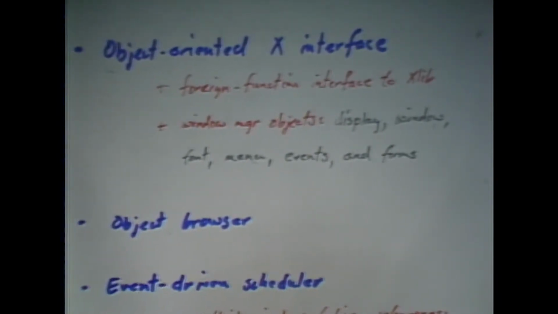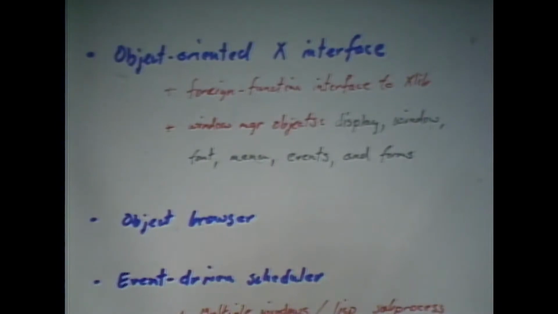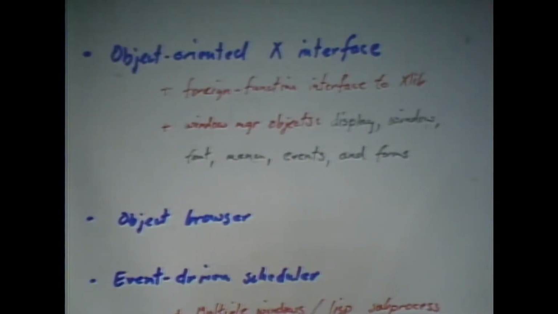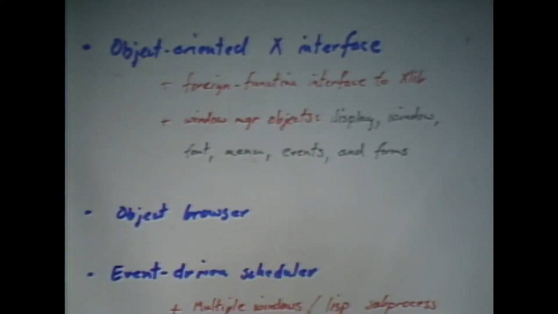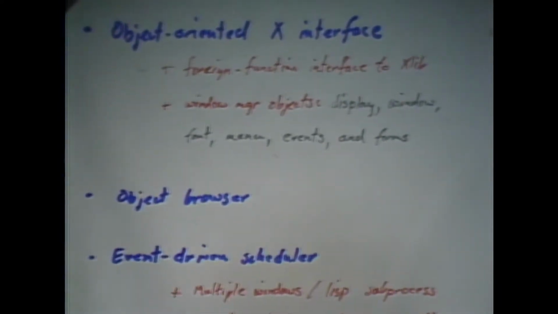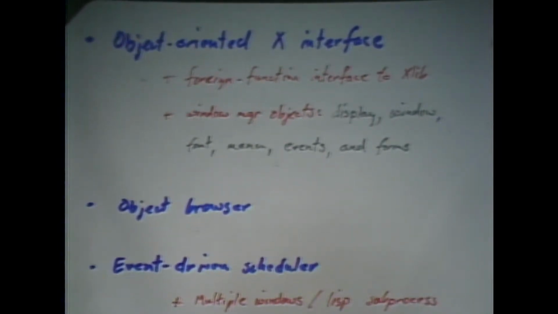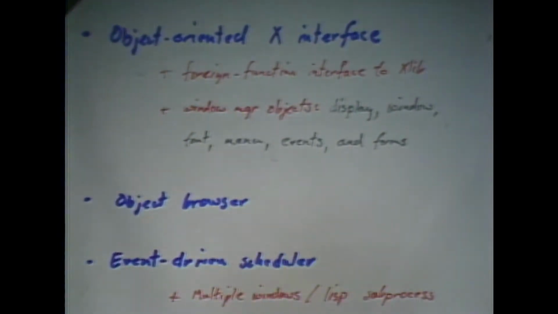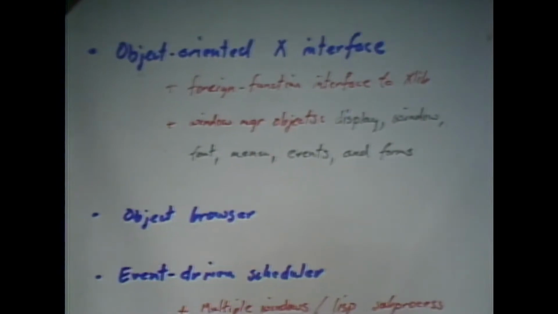What we've done with PCL is that we've actually defined a bunch of objects which correspond to the kind of high-level objects you'd like to have, like display objects, window objects, font objects. We have a very primitive set of menu things. We also foreign function interfaced in the X menu package as well. We have a concept of events in the environment, and we're working on the forms objects, which I'll talk about in a bit. We're in the process of building an object browser for the PCL object hierarchy,